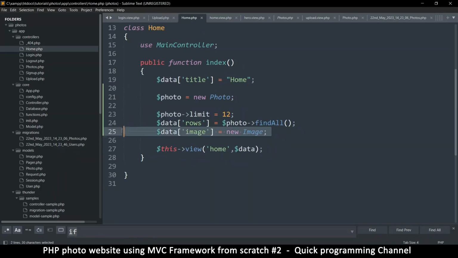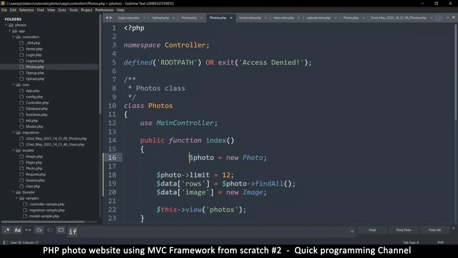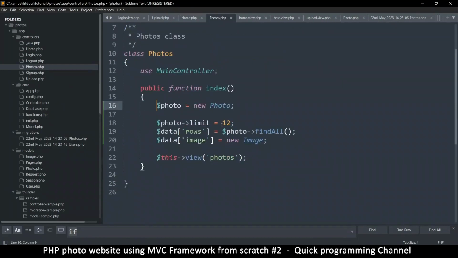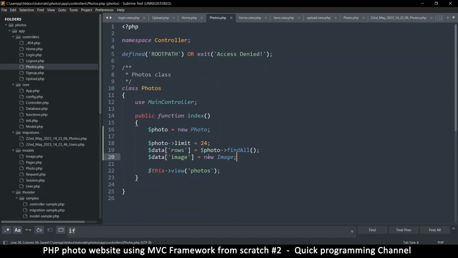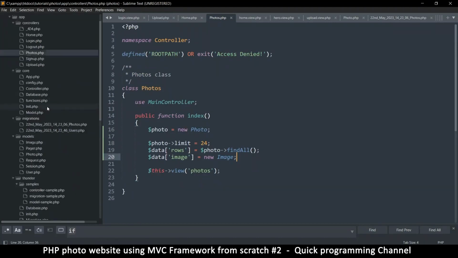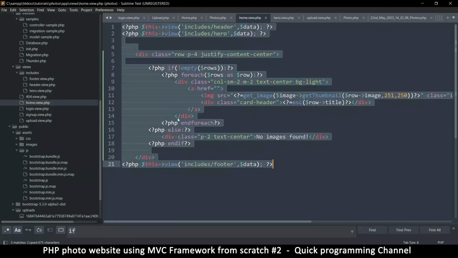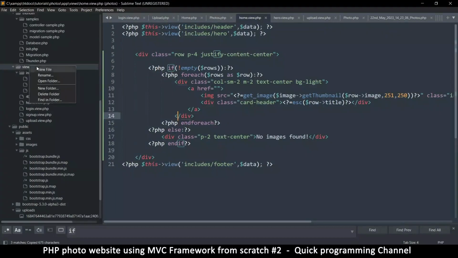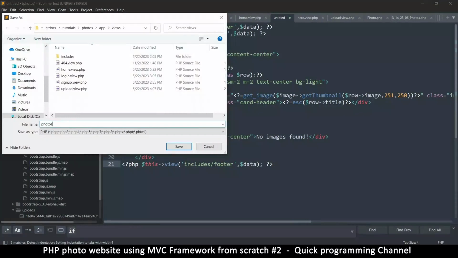Now what I want to do is copy all of this and take it to the photos section of things right there, like so, because I'm gonna need this as well here. Now instead of 12, we're gonna do 24 here, and then get all, just like that. Okay, yep, this is pretty much the same thing. And then if I get the home page, copy everything, I can as well right click on the views folder and create a